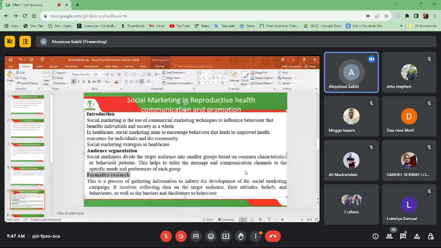So you will not use a specific kind of channel for women who are out of school. You may not have to write down placards, or give them information through books. If you give it to them through books, they may use them for making fire, or they may use them in their toilets, because